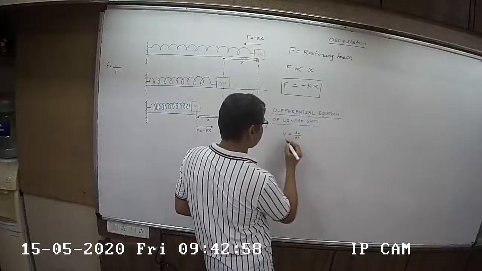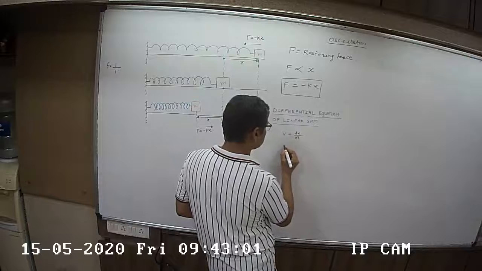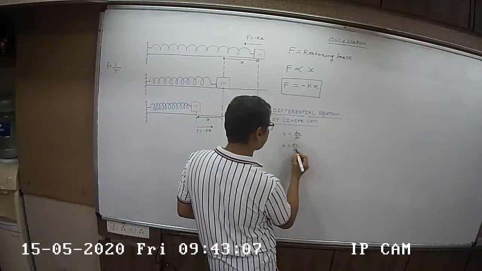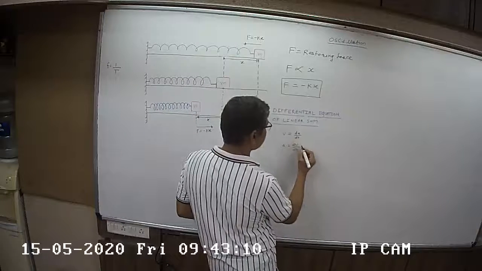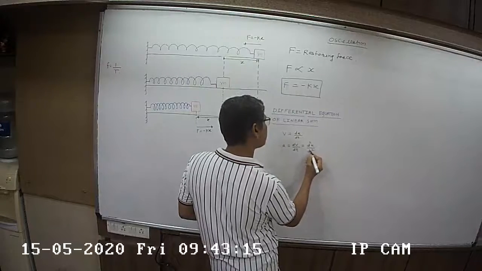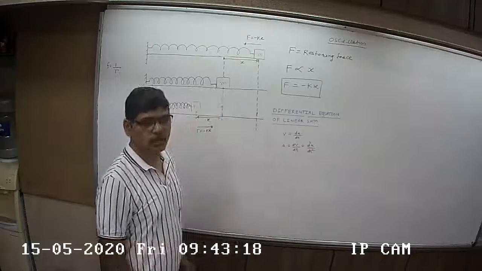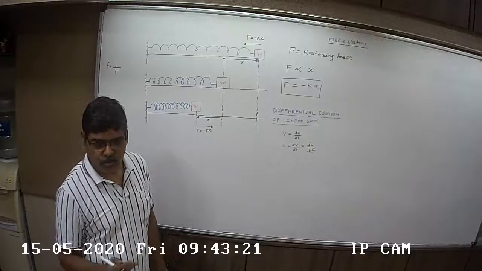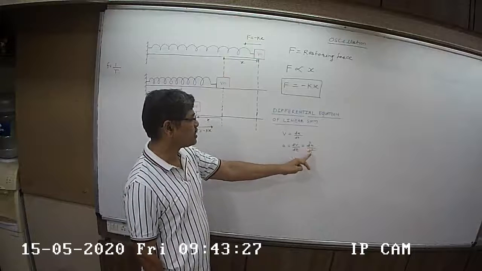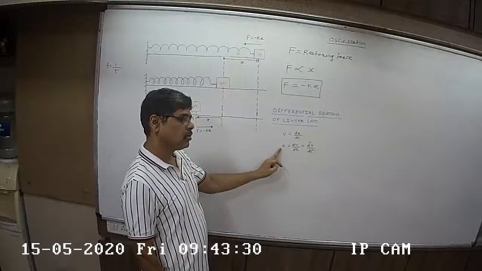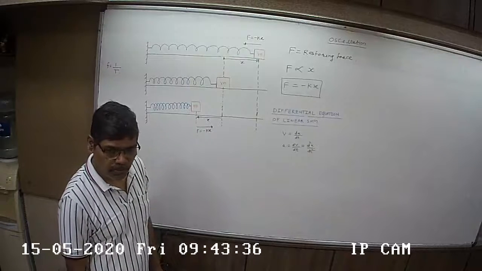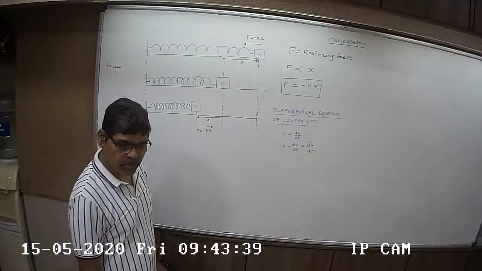When you differentiate v with respect to time, you get acceleration. So a is dv by dt. But what is v? Dx by dt. So this can be written as d2x upon dt square. If you differentiate x once, you get velocity, and twice, acceleration. This is the double derivative of x with respect to time, that is acceleration. Or the derivative of v with respect to time is acceleration. This please remember.